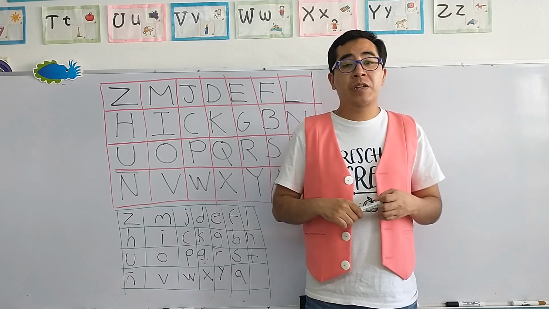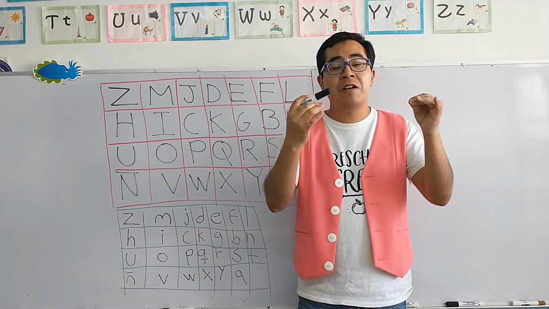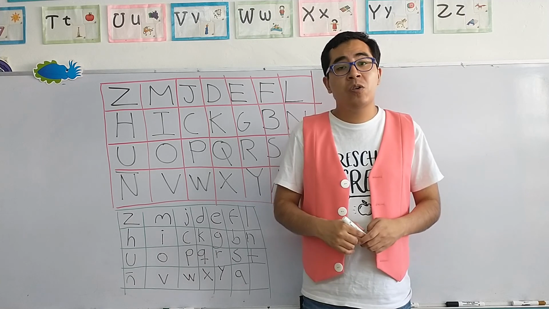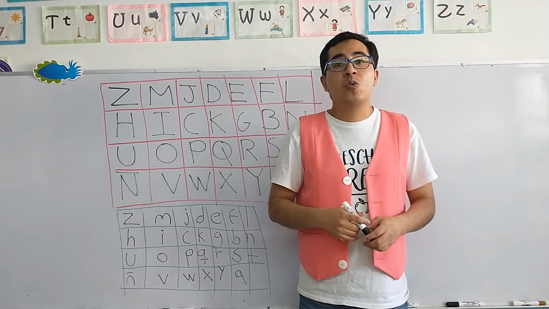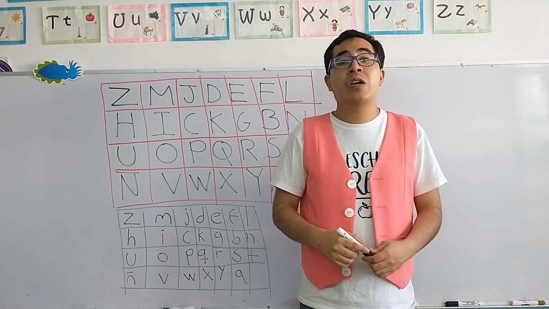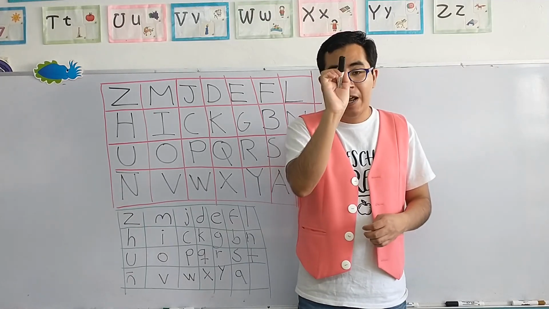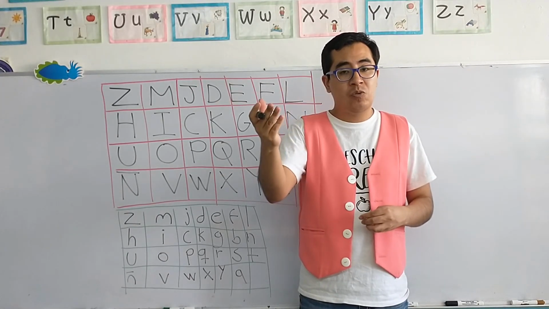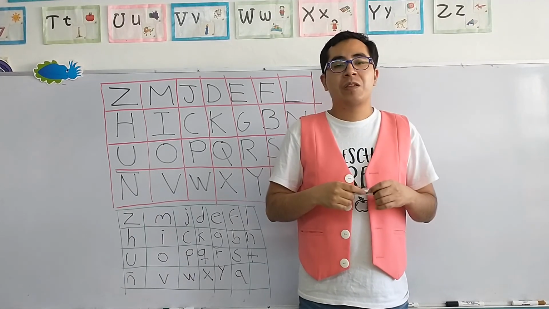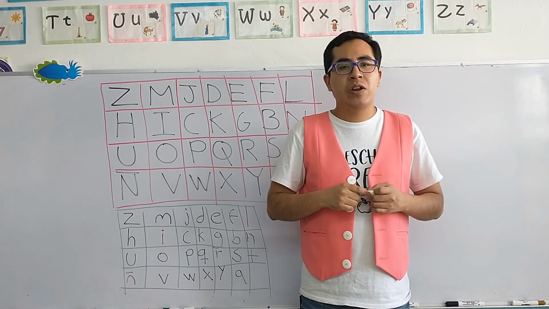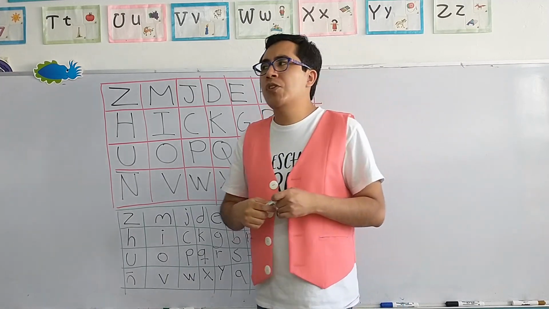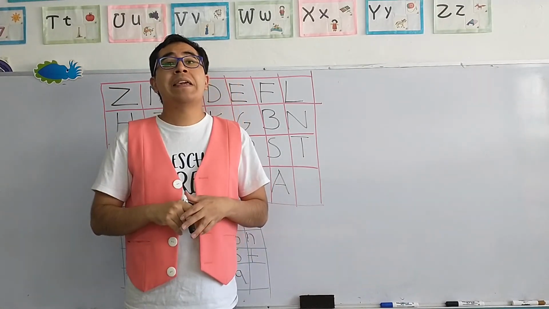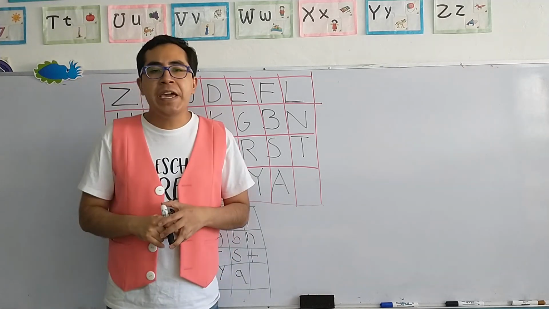Now, as I mentioned before, I am going to say the letter. Yo voy a decir la letra que tenemos que encontrar. Cuando ya la hayamos encontrado, la vamos a marcar con un tache, o si quieren, pueden colorear ese cuadrito donde se encuentra la letra. Yo lo voy a hacer de las dos formas para que ustedes vean, y la que ustedes escojan, no hay ningún problema. Let's begin. So, the first letter that the teacher wants you to look for is the letter B,